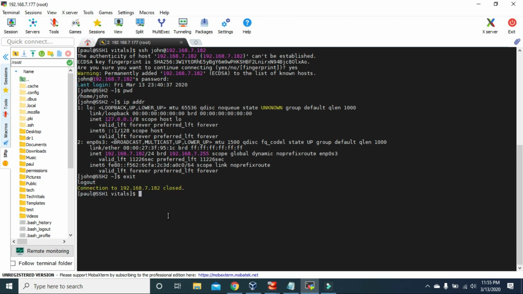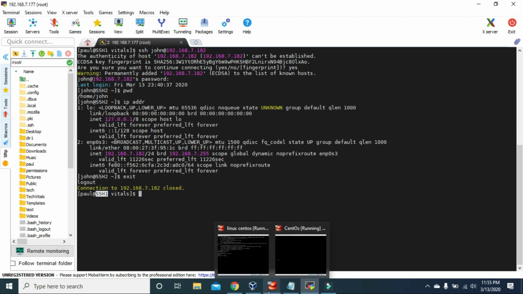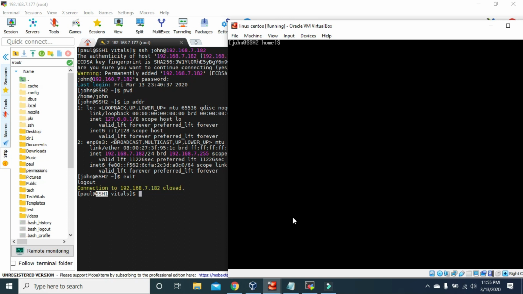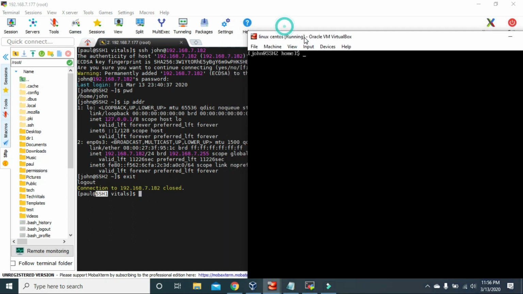Okay, now let us try to connect to this SSH1 virtual machine from the SSH2 virtual machine using the SSH command. Let's clear the screen first. So now we are going to connect to this virtual machine from this command line interface virtual machine. To do that, we have to type SSH, the username from which we want to log in to that virtual machine. So let's use the username Paul @ and then the IP address of this SSH1 virtual machine, which is